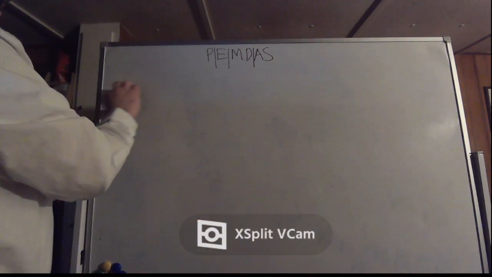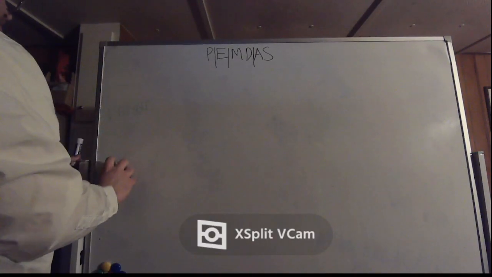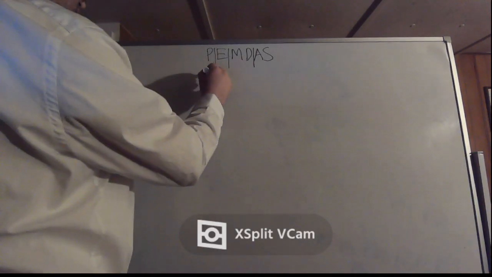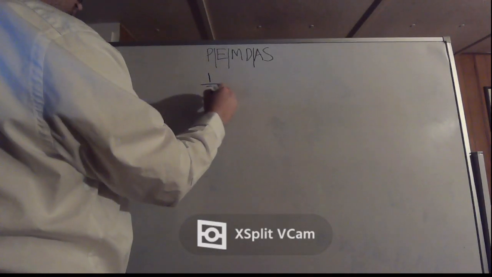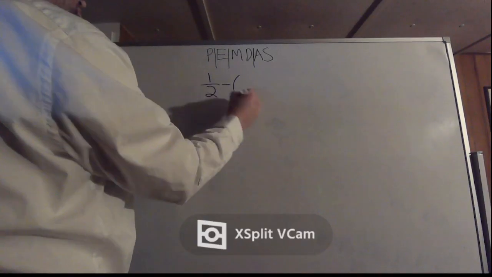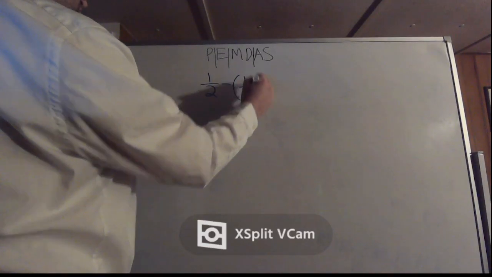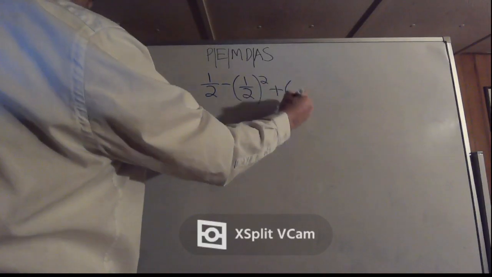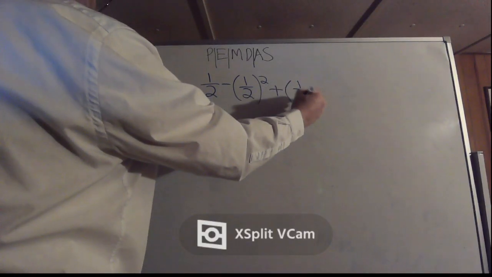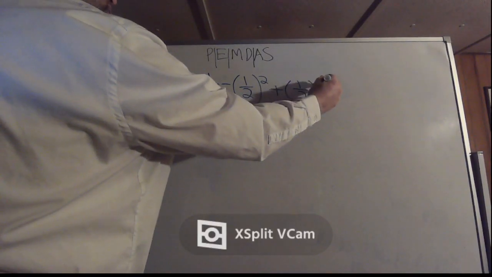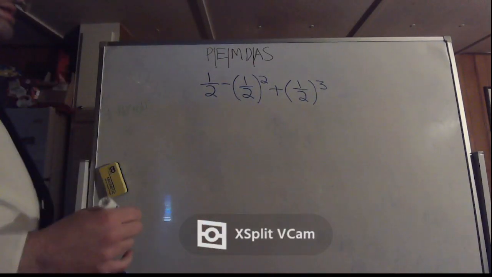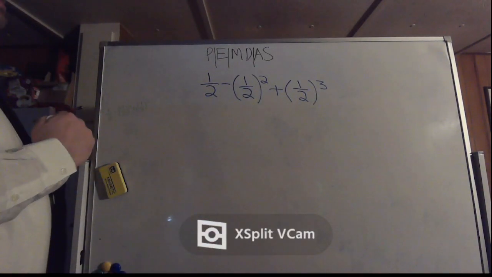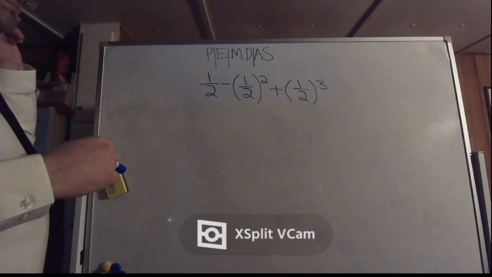I got one more problem here. Okay, so let's say we have 1/2 minus, in parentheses, 1/2 squared plus, in parentheses, 1/2 cubed. 1/2 to the third, however you want to say it. Well,